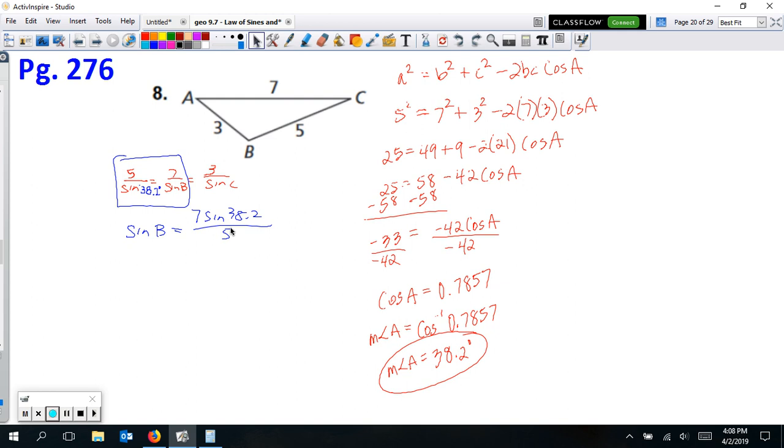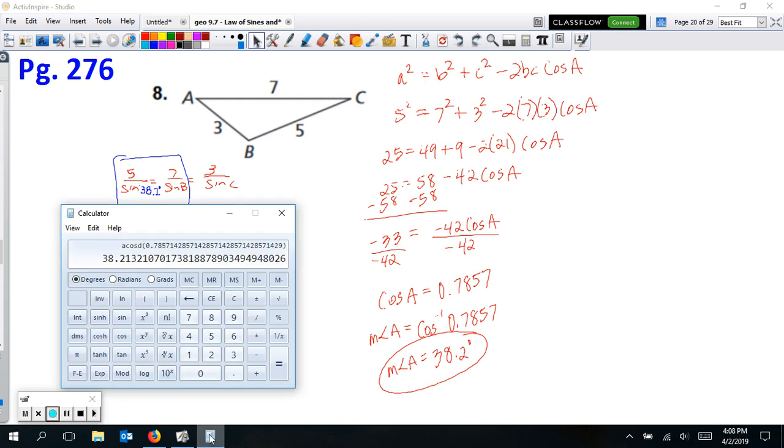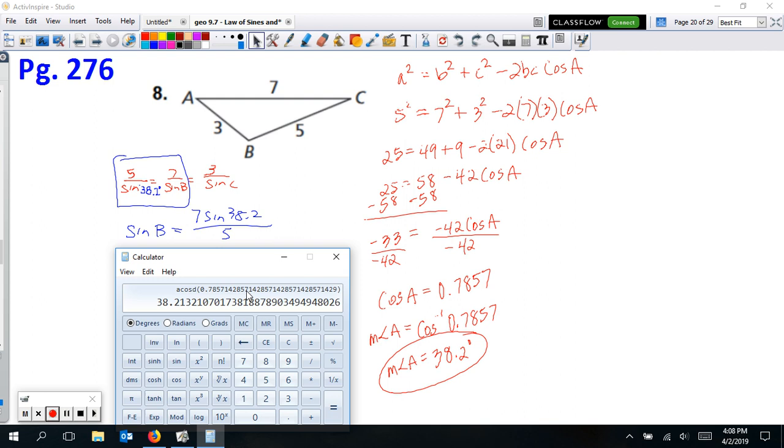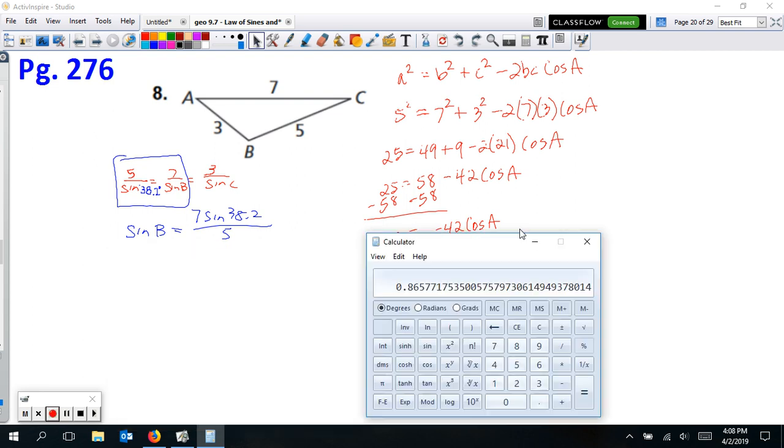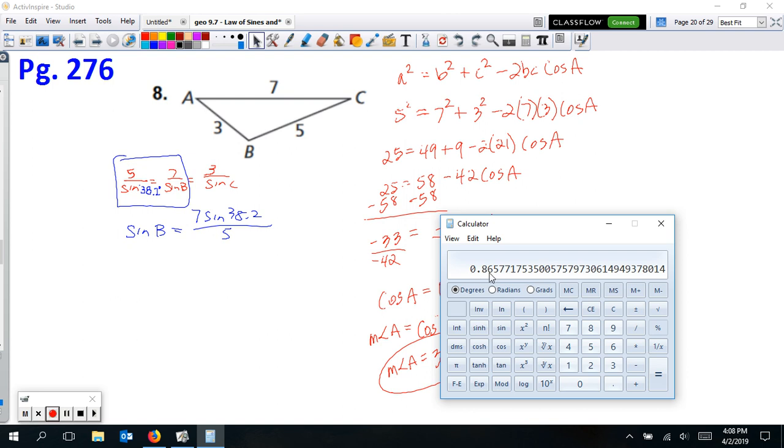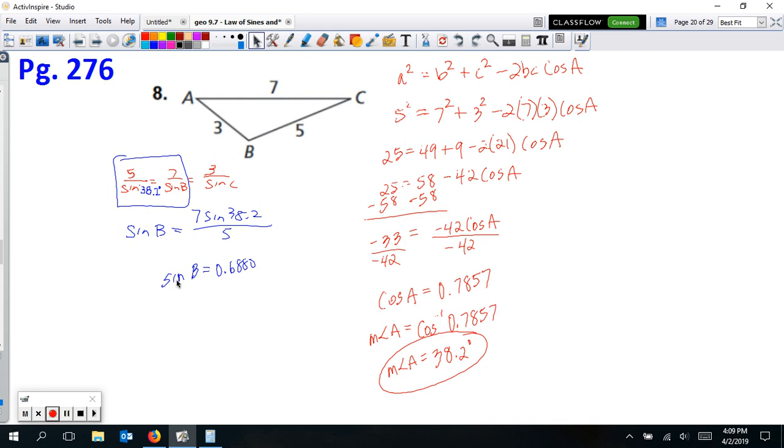Now I can just use my calculator to find out what this decimal is. So 38.2, and I'll hit the sine button, times it by 7, and divide it by 5. That gives me that long decimal. I'm going to put 8.8658 maybe over here, just to show what that is. So the sine of B is that decimal, 0.688